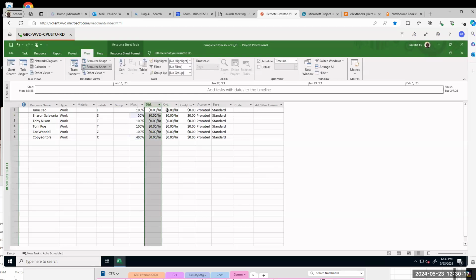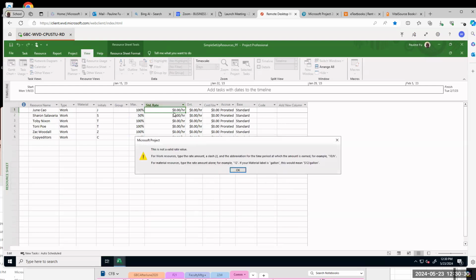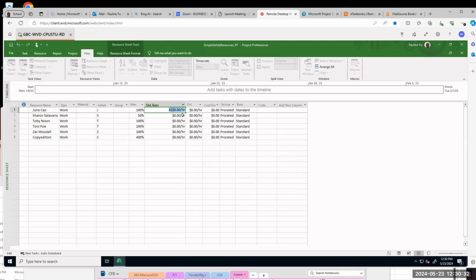This column here is the pay rate. Increase the column. For Jun Cao, type in $42.